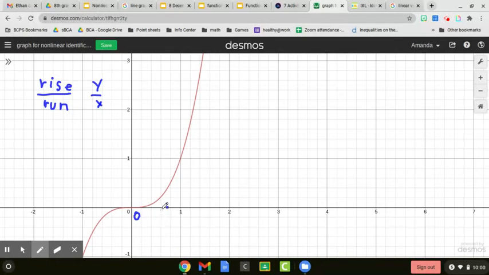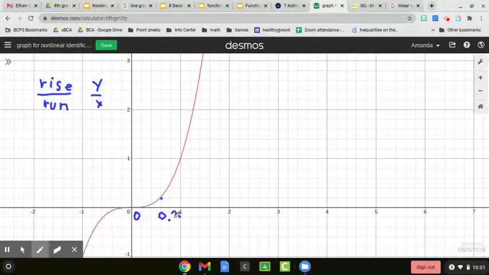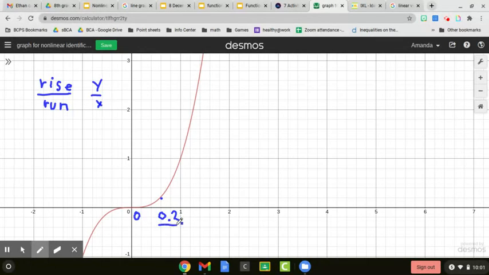If we look at this point, our x increases by 3/5 or 0.6, and our y increases by 1/5 or 0.2. So we could say our slope is 0.2 over 0.6,